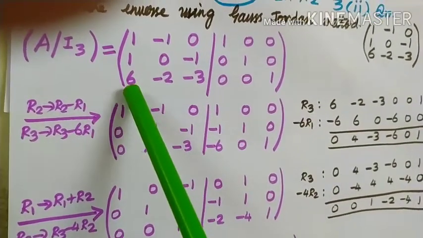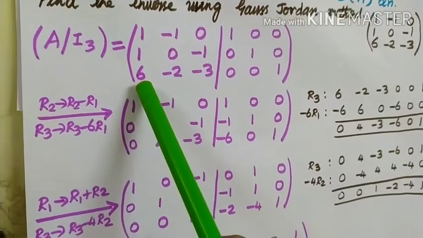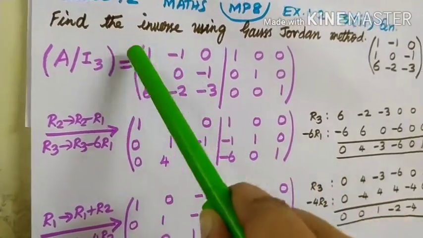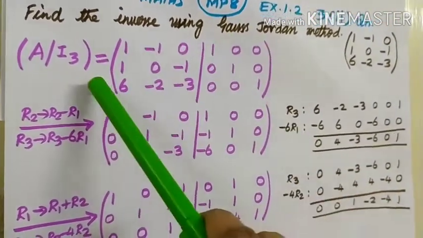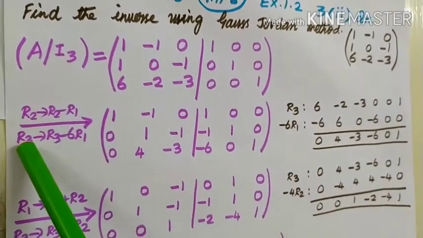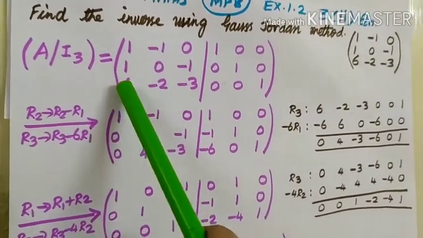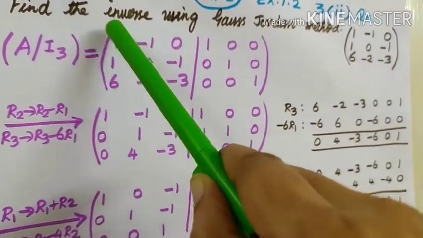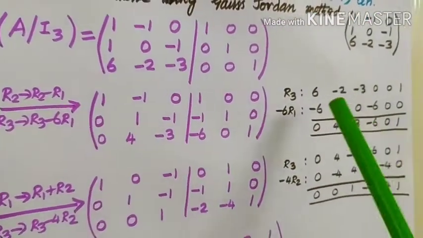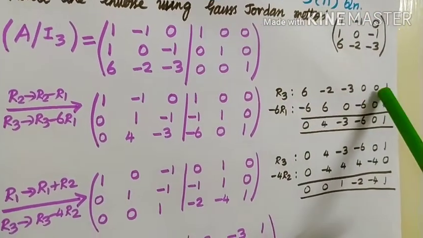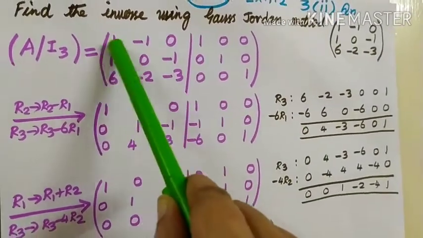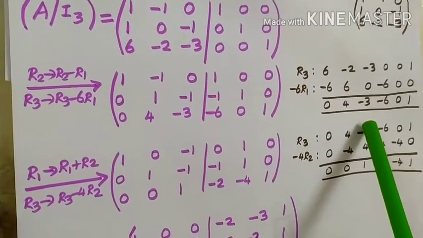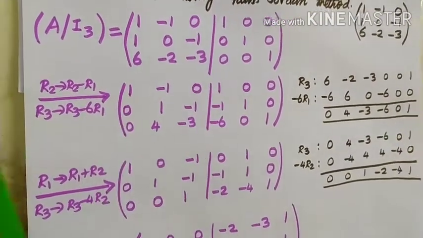Now third row. Here I want to bring a 0. So to bring 0 here, what number is here? 6. So I have to use only row 1. So row 1 multiply by 6 and then subtract. So how will I write R3? R3 becomes R3 minus 6R1. So that 6 into 1, 6. 6 minus 6 will give me a 0. So here we have done the calculation. R3 elements you write. Minus 6R1 means R1 multiply by minus 6. Write it over here. Simplify the answer. So 1, 0, 0 is achieved.